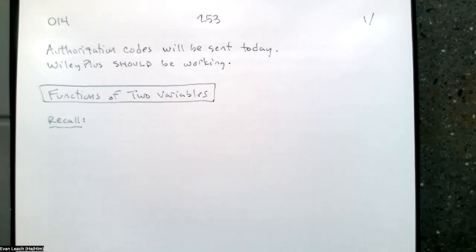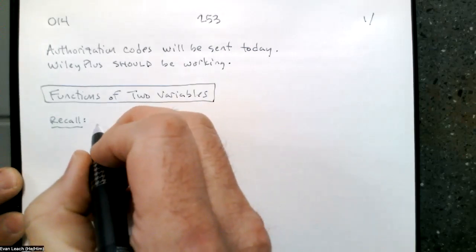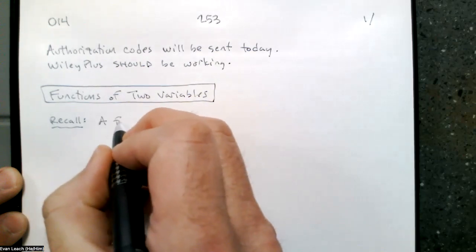Today we want to talk about functions of two variables, and we're going to do that by starting off talking about functions of one variable. We already know a lot about functions of one variable, but I want to make sure that we have the right framing around it. So I just want to set a baseline for what we all agree on. So when we have a function of one variable,